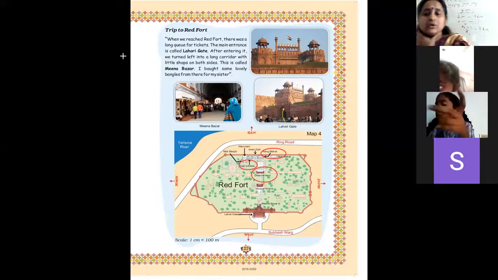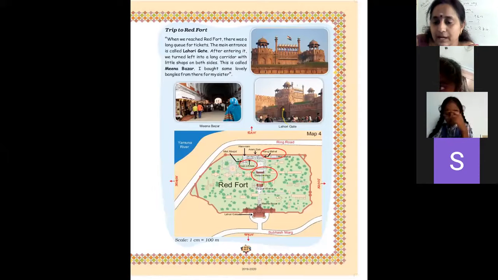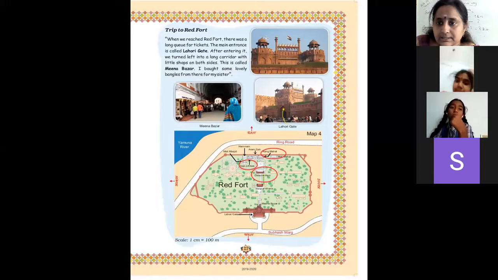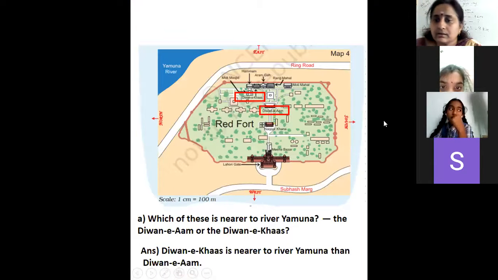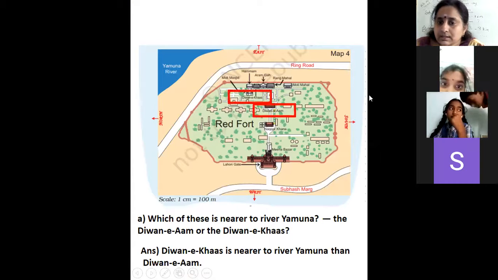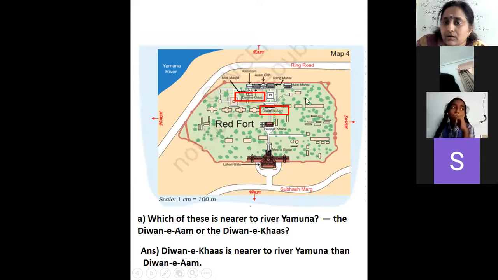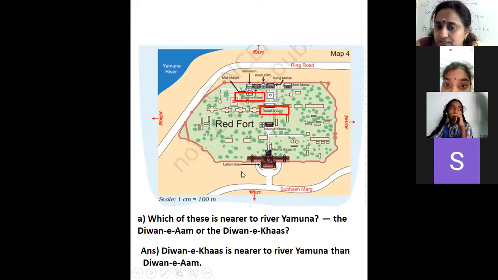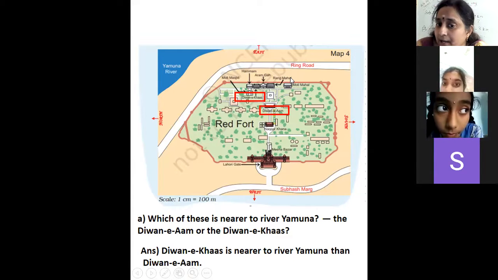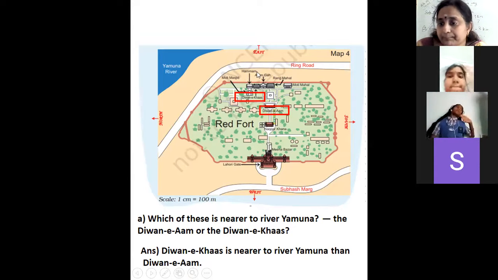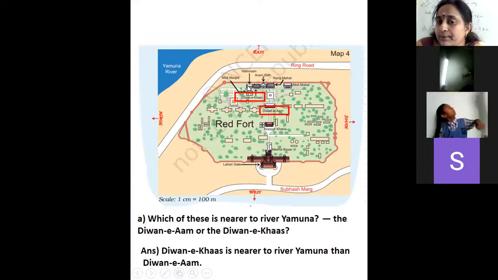In this map, it is looking very small. I will show you with another map. See here, this is the map you saw just now. Lahore Gate, Meena Bazar, Nakhar Khan, Diwani Am. From Diwani Am, if you move a little bit, what will you get? Rag Mahal. Next, to the left of that, Armagah. Again, Diwani Khas and Hammam. These are the 3 more buildings there.